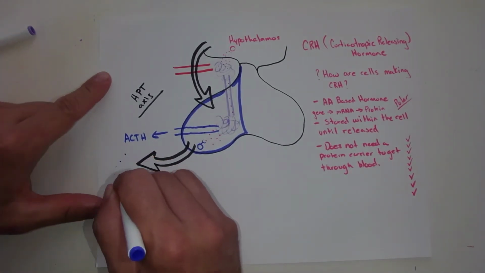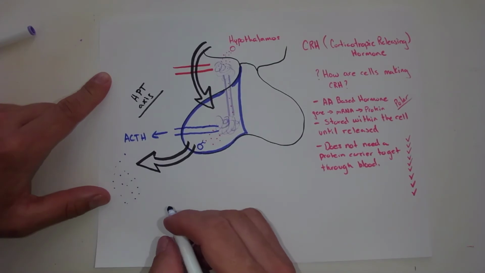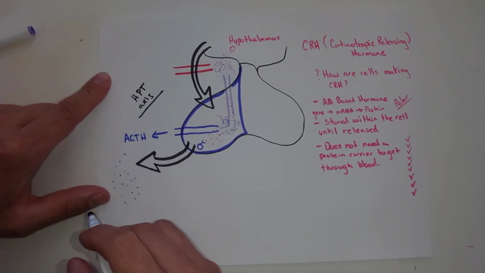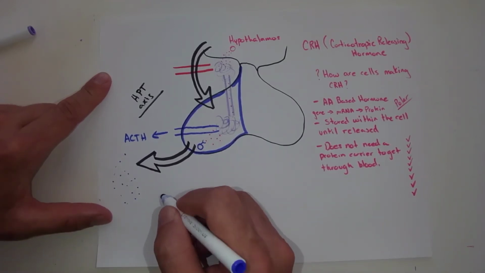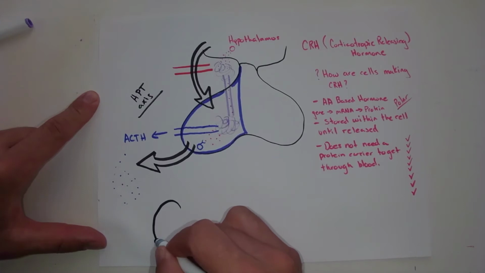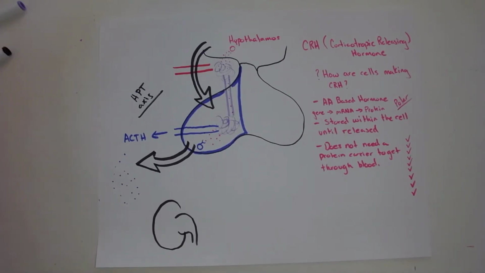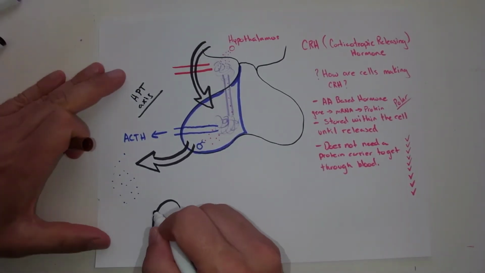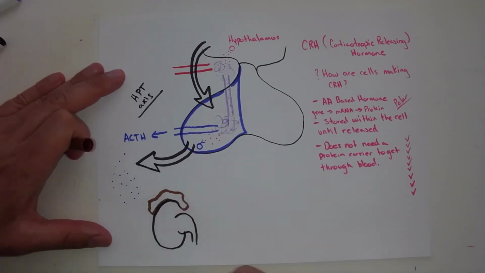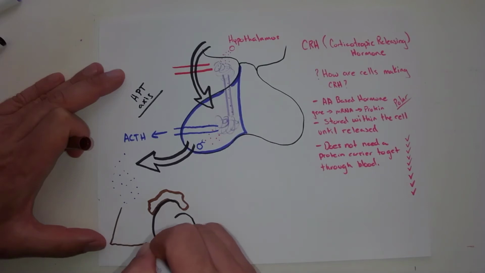Now this ACTH is going to travel through the blood to reach, well, adrenocorticotropic hormone. It's going to affect the adrenal cortex. Now the adrenal cortex is part of the adrenal gland on the top of the kidney. So if I have my adrenal gland, it's kind of like a pancake covering this kidney, and I blow it up like a triangle,